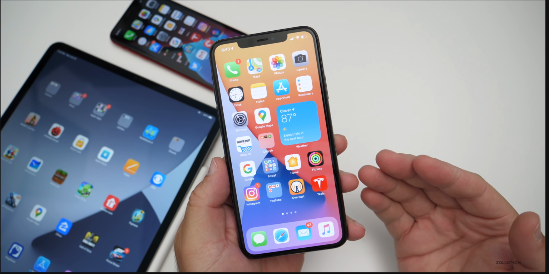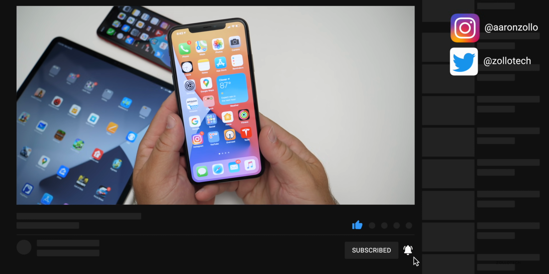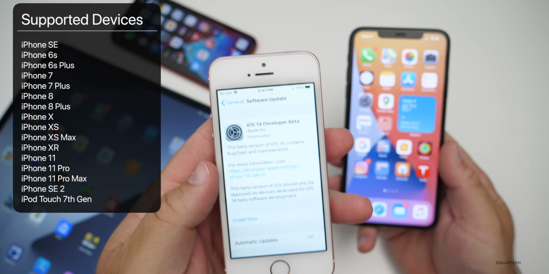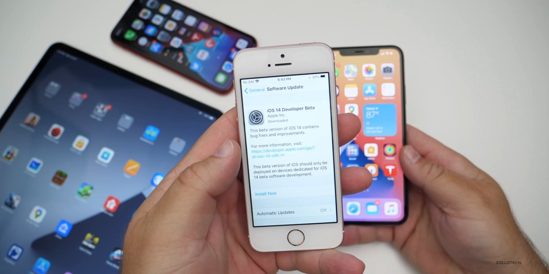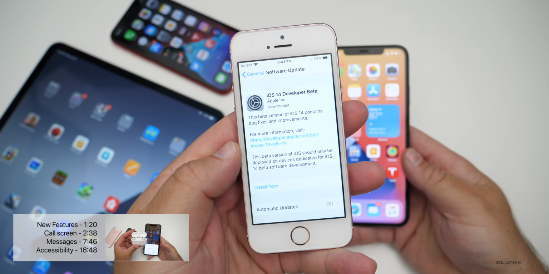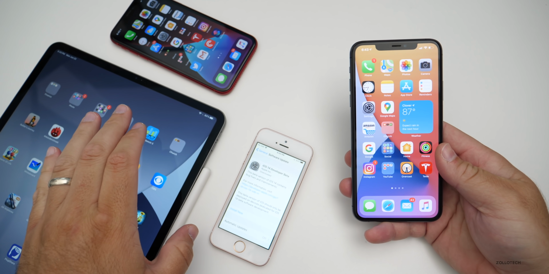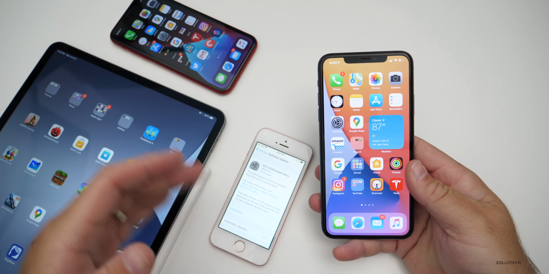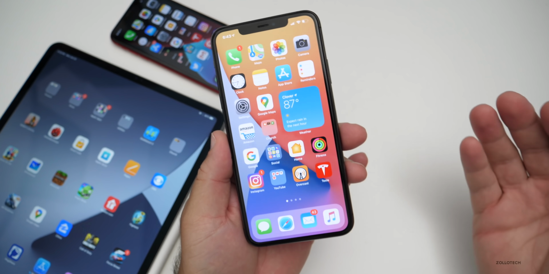It's available now if you're a developer, and it will be a little bit later if you're a public beta tester. Now, the great news is this will be available for everything from the iPhone SE, as I have here. So it's available for the iPhone SE, the iPhone 6S, 6S Plus, and newer. Apple kept iOS 14 compatible with all iOS 13 compatible devices, including the iPads as well. And so the iPads have a bunch of other features as well I'll cover in a separate video, but just know that they've actually updated everything, and you'll still be able to use it if you have an older device when it comes out in the fall or September-October timeframe.